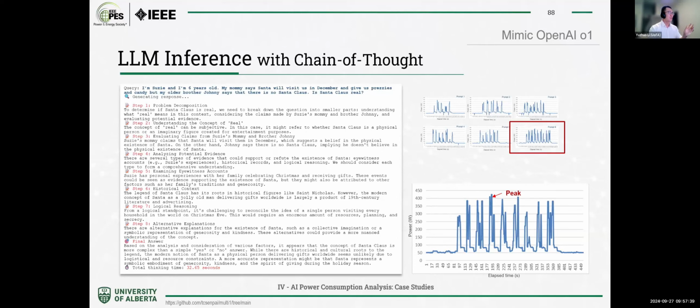If we go to prompt 6, this one clearly looks more complicated to the model. So based on the chain of thought process, this model takes 8 steps and gives the final answer. So we can observe 8 peaks, actually 9 peaks, in the power consumption curve. This gave us a hint that even though the new OpenAI model gives better reasoning performance, it indeed introduces a lot more energy and power consumption. It introduced more power transients during the generation of the final results.